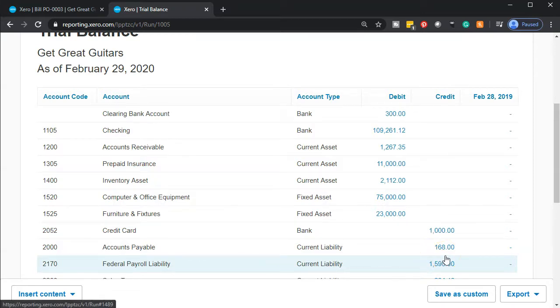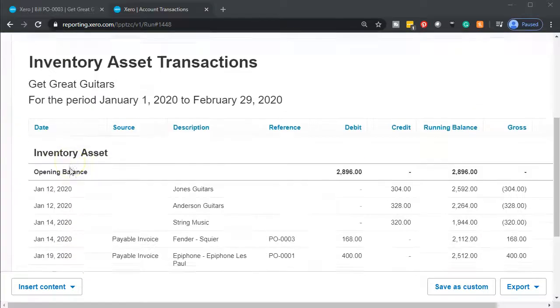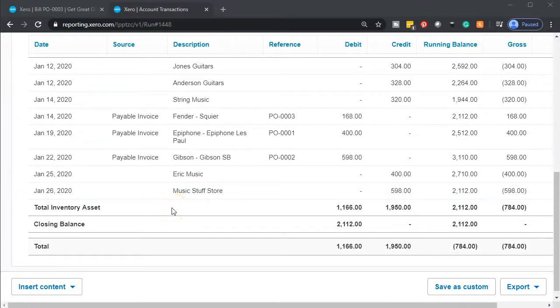It wasn't there before because it has that 168 in it. So there's the accounts payable. The other side is going to be going into the inventory. Here's the inventory. If we go into the inventory by clicking on it and scrolling down, then we should see